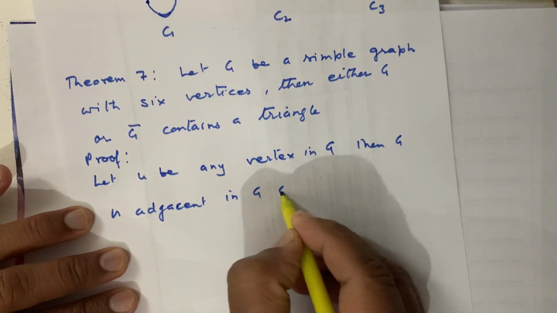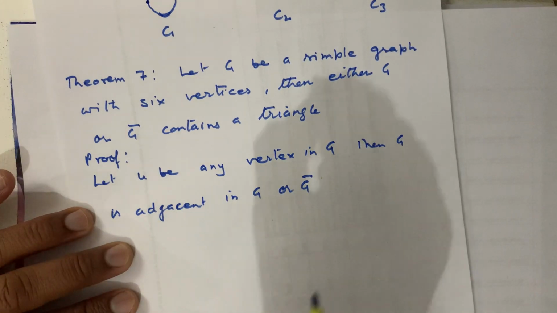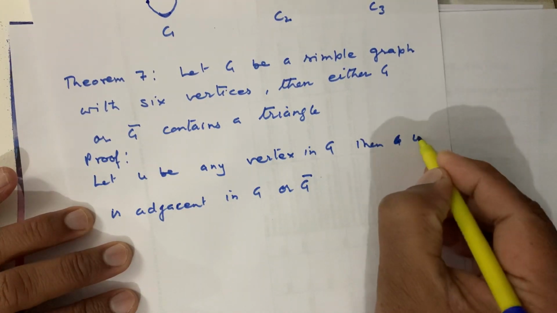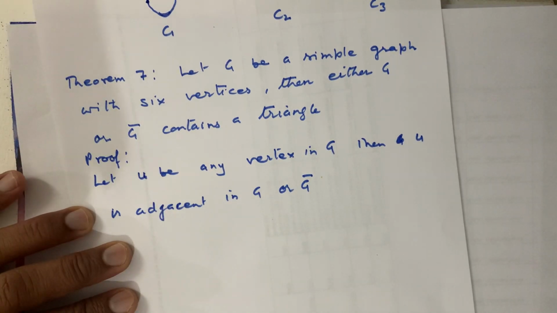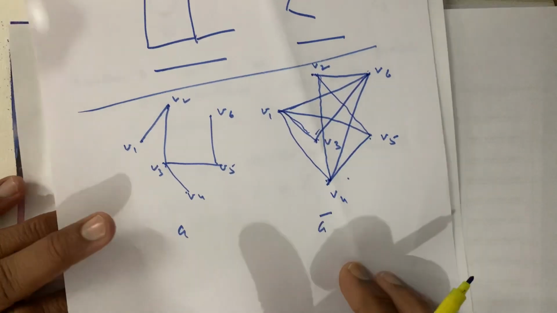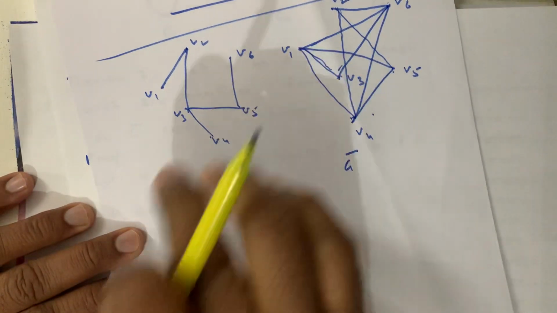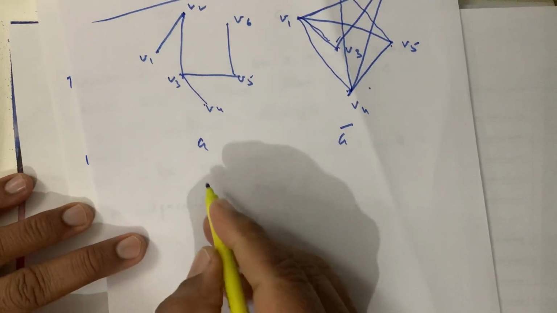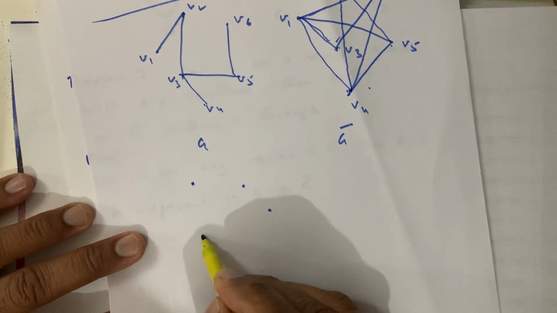in G or G bar, and then U is adjacent. Sorry, हमने कोई एक वर्टेक्स उठाया U, वो वर्टेक्स U या तो G के अंदर या G बार के अंदर एडजेसेंट वर्टेक्स होगा। यहाँ तो हमने सारे वर्टेक्स को एडजेसेंट वर्टेक्स ले लिया। पॉसिबल है कि हमारे 6 वर्टेक्स में कोई एक वर्टेक्स ऐसे हो जो आइसोलेटेड वर्टेक्स हो, तो वो भी पॉसिबल है।